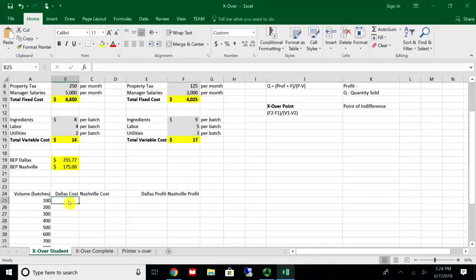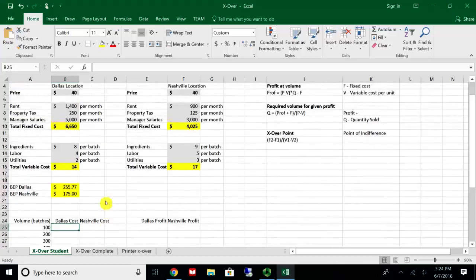So I'm going to take a look here. Rather than figuring the crossover point right from the beginning, I just want to see at different volume levels, a different number of batches, what's the cost in Dallas and what's the cost in Nashville? And I'm not really worried about profit right here. I just want to see what the cost is. So we should be able to figure out the cost for 100 batches of cupcakes. It's the fixed cost plus that $14 per batch times